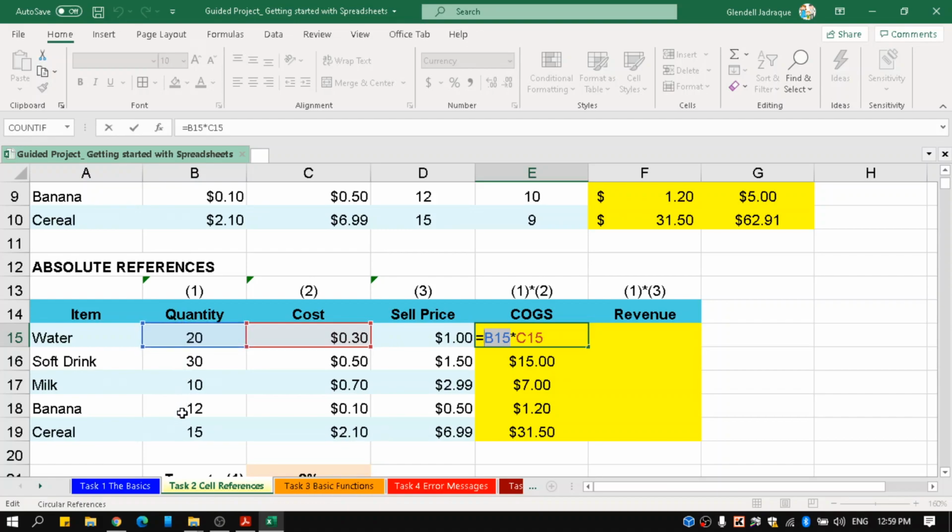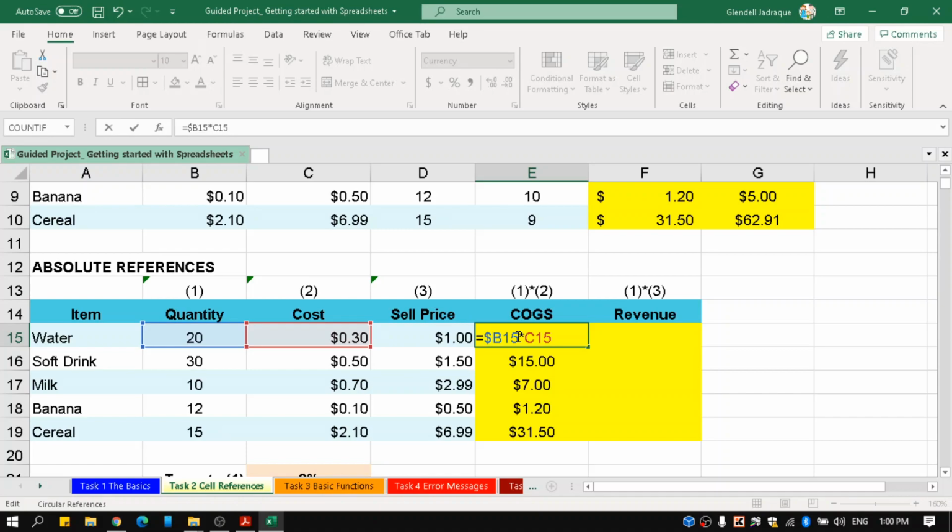So all I need to do is add that dollar symbol to make that absolute. And then even if I scroll it all the way down, it will still always fall on that particular